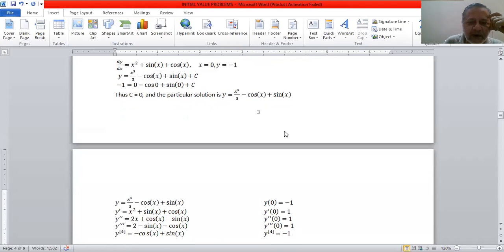नाउ मैं टेलर सीरीज सोल्यूशन प्रोड्यूस कर रहा हूँ, क्या करना है मुझे? I need the value of y at x is equal to 0, which is always given in initial condition. Then I take the derivatives of the given function. y prime का डेरिवेटिव ये, y यानी y का डेरिवेटिव ये y प्राइम, इसका डेरिवेटिव लेंगे तो ओरिजिनल डिफरेंशियल इक्वेशन आ जाएगी, उसका डेरिवेटिव सेकंड डेरिवेटिव, उसका डेरिवेटिव थर्ड डेरिवेटिव, देन फोर्थ डेरिवेटिव, देन फिफ्थ डेरिवेटिव। तो जहां तक भी आपने निकालना है वहां तक आप डेरिवेटिव्स निकालिए।